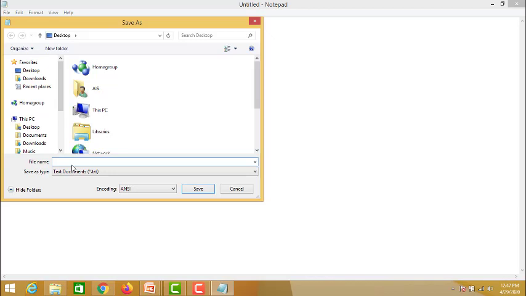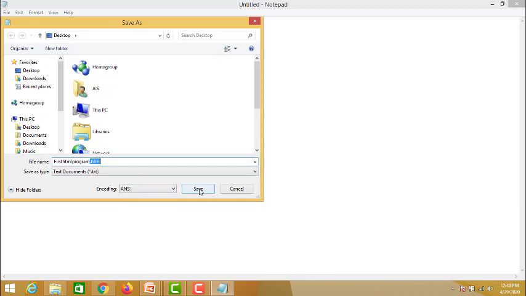So we'll save this as first HTML program dot html. The extension should be .htm or .html.